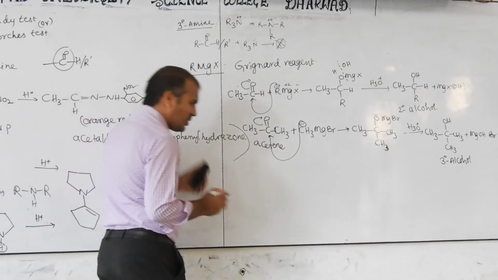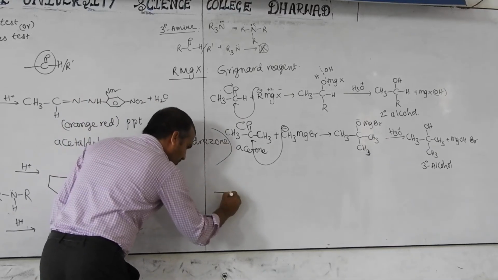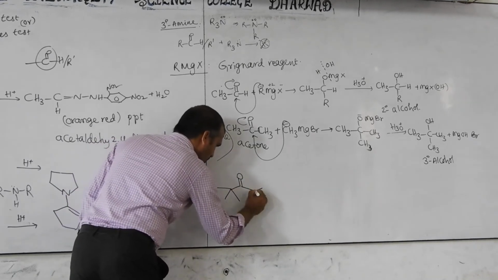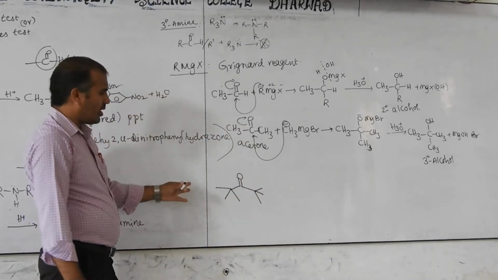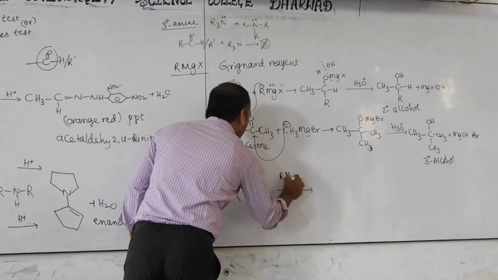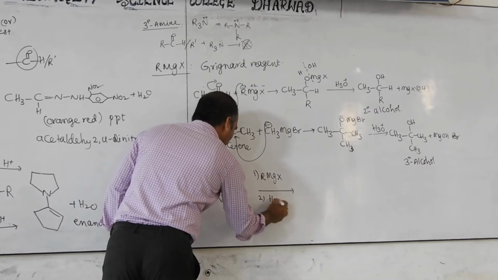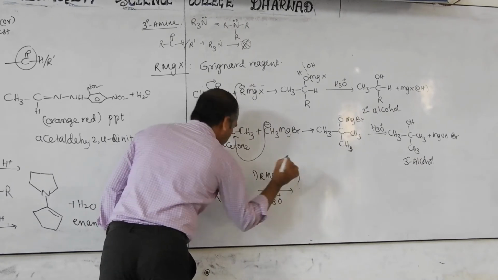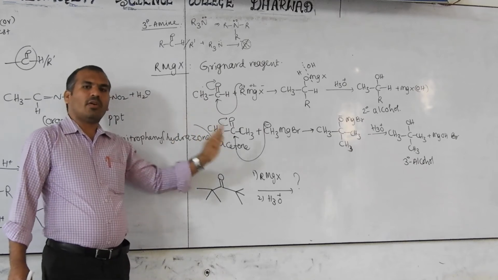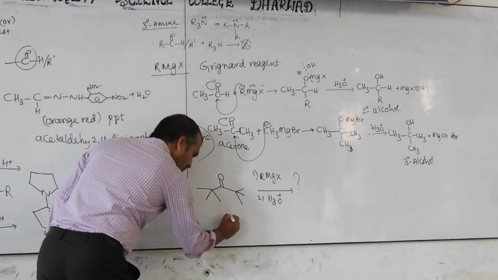Now, one example here. This is a ketone with bulky groups on both sides. It reacts with RMgX. This is the first step. The second step is acid hydrolysis. What is the product formed? Because I already explained. Whether it forms or not, you also have to decide. Same reactant.